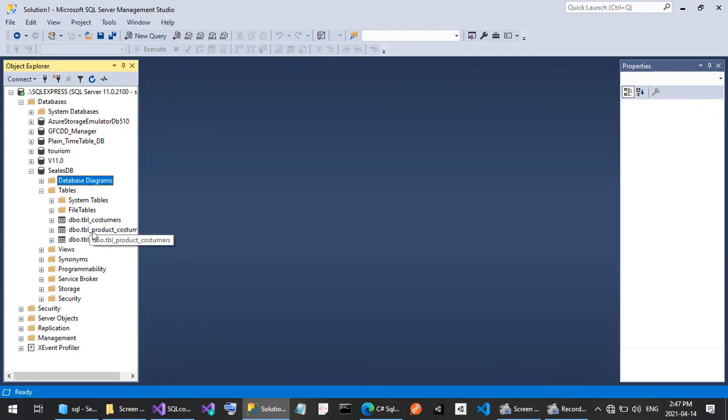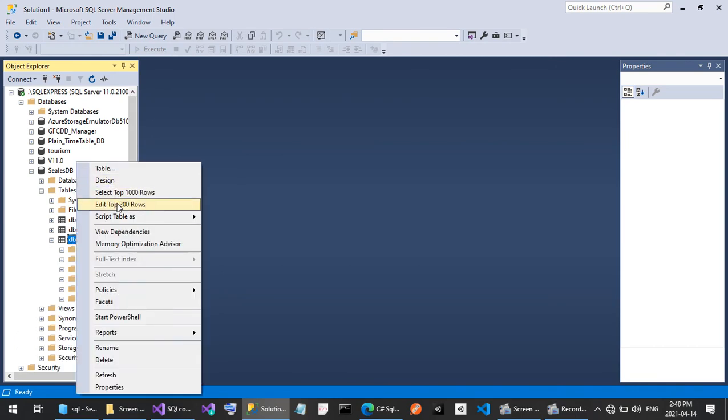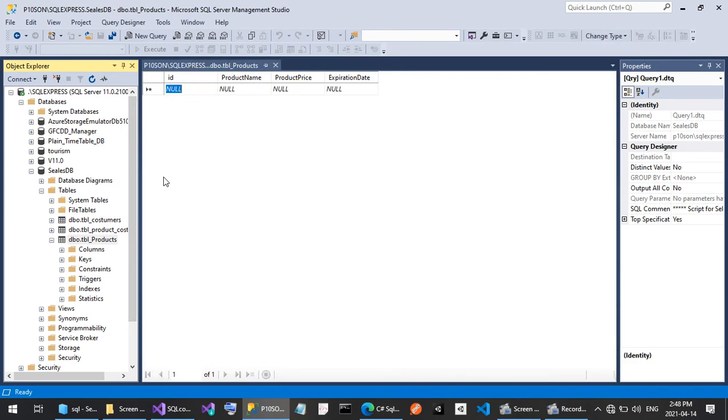Came to product and say edit top 20 rows and add one product here. Product price became, let's say, $100. Okay. And expiration date will became